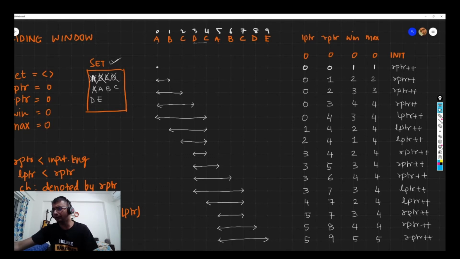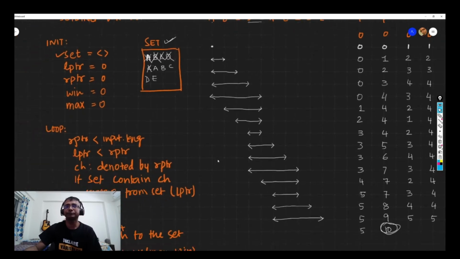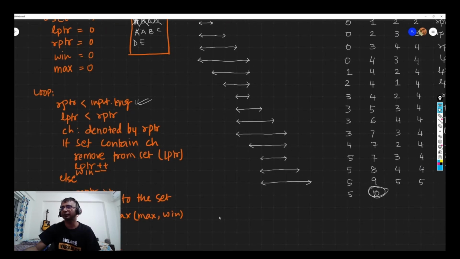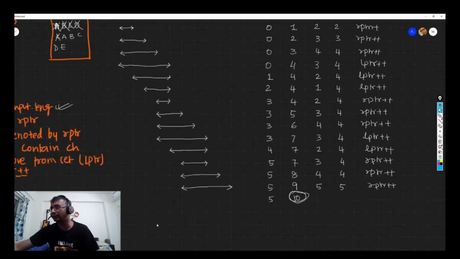As we increment the right pointer, right goes to 10, left remains at 5. So here you can see that this is now going beyond the index, which is one of the criteria for us to exit the loop. So we exit out of this loop and we have our answer stored in the max. So this is the entire dry run